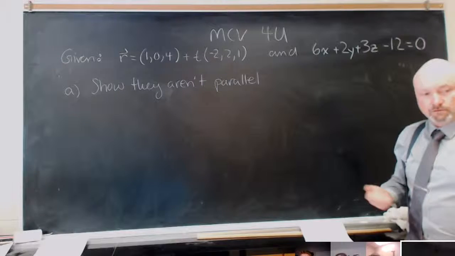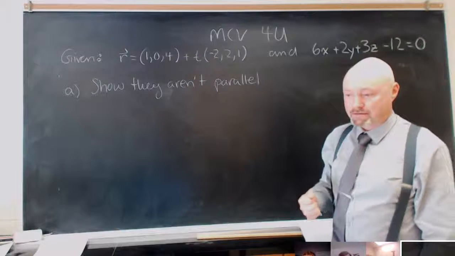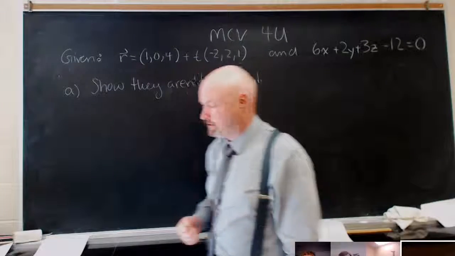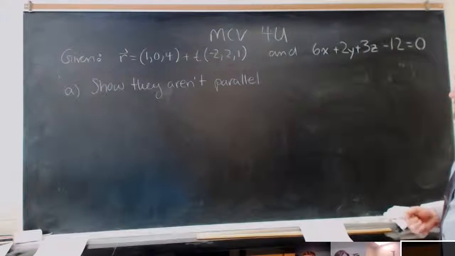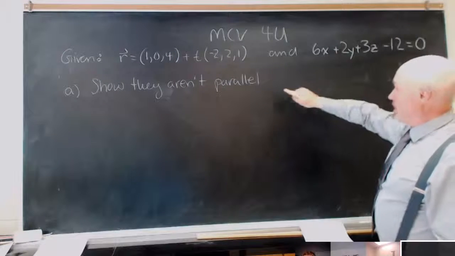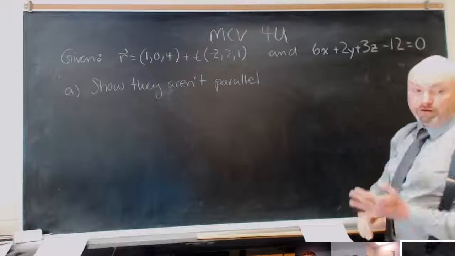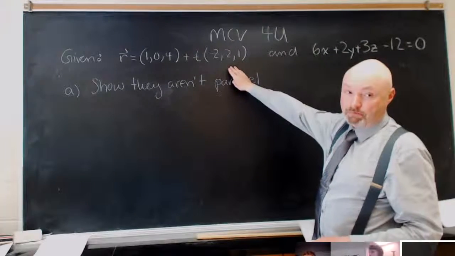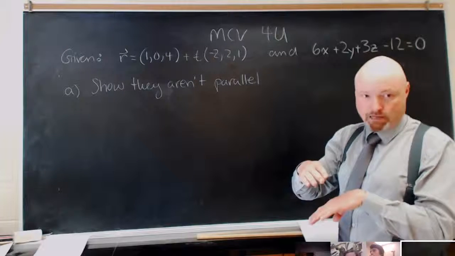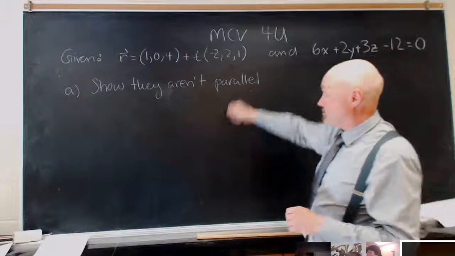There's actually an easier way. Any ideas how we could do it a little bit easier, show that they're parallel? Meg, any ideas? No? Could we have something with the slope? Yeah. I guess not, because if they're parallel, basically the slope of this would be the same as the slope of the line. And the slope of the plane. Basically, we can take the perpendicular vector to the plane, and we can do the dot product with the direction vector of the line. If that turns out to be 0, then we know that they're parallel. Okay, so if they're parallel, the angle between them is going to be 0, but the angle between the line and the normal is going to be 90. So all we really have to do is take the dot product here,